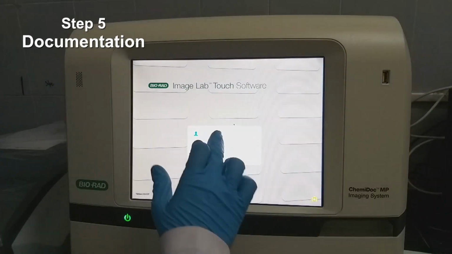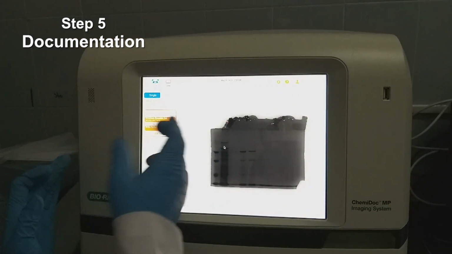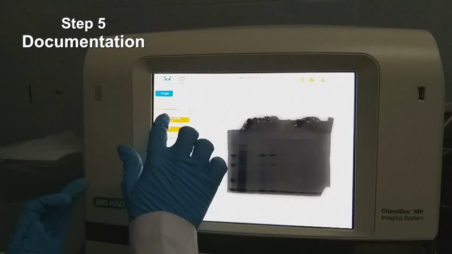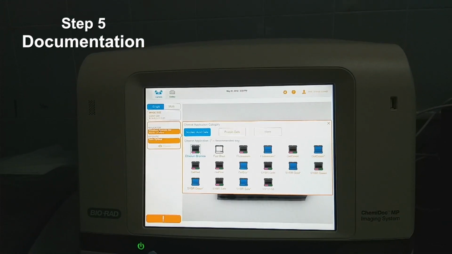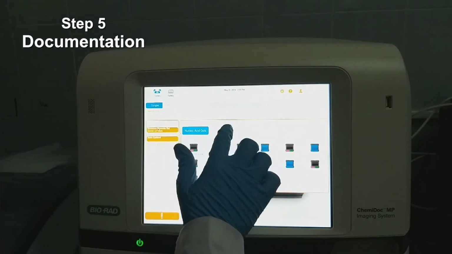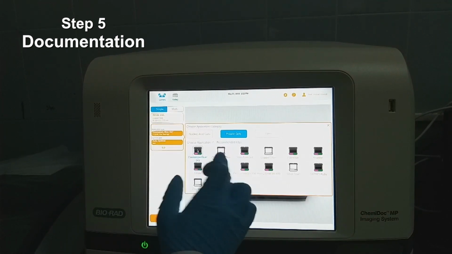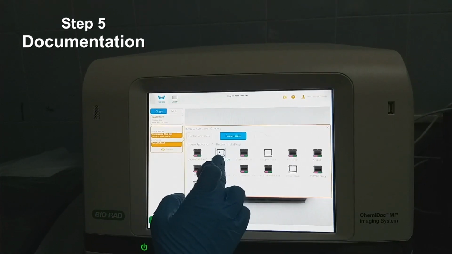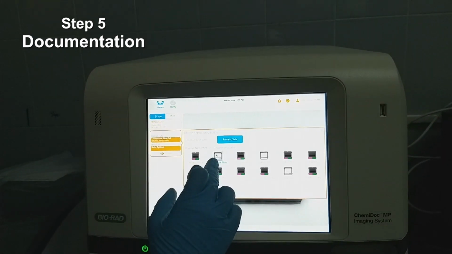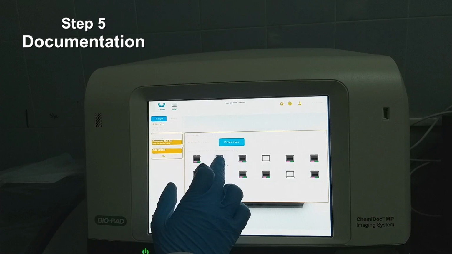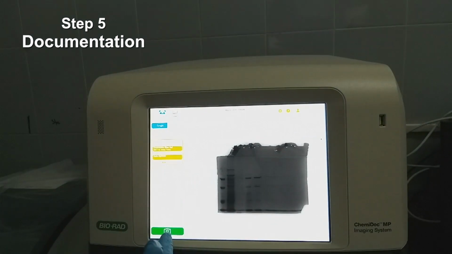So we have to log on to the account. This is SDS-PAGE gel. You can select the application whatever you want. Here nucleic acids, protein gels, blots, three different categories are there. We are observing protein gels, stained with Coomassie blue on the white tray. We are using the white tray, so this is the right tray. You can use Coomassie blue stained ones on the gray tray also, but we are using the white tray, so we will use Coomassie blue. So auto optimal, then I will ask for capture.